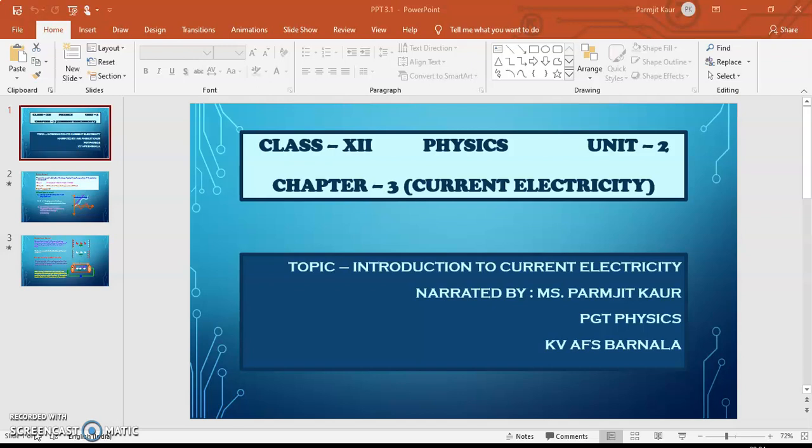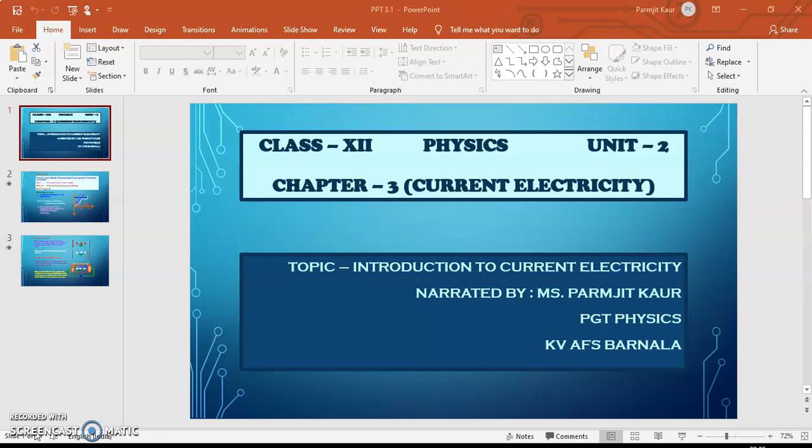Students, you have learnt about electricity in class 10th also, where you discussed Ohm's law, and you learnt about the calculation of current and so on. See students, we find it very difficult to actually understand how electrons move inside a wire because we are unable to see them with the naked eye. We are not able to see them even under any powerful microscope. So how do we see how they move?